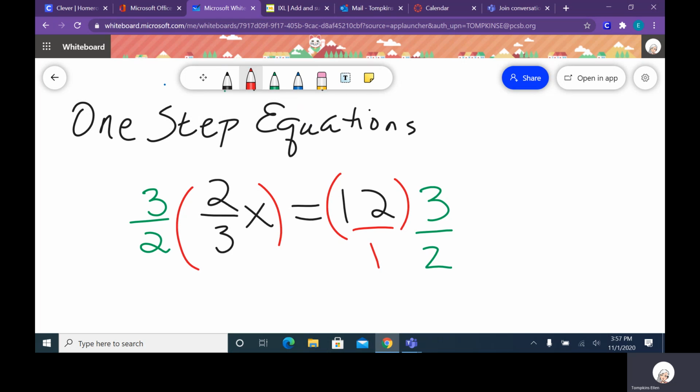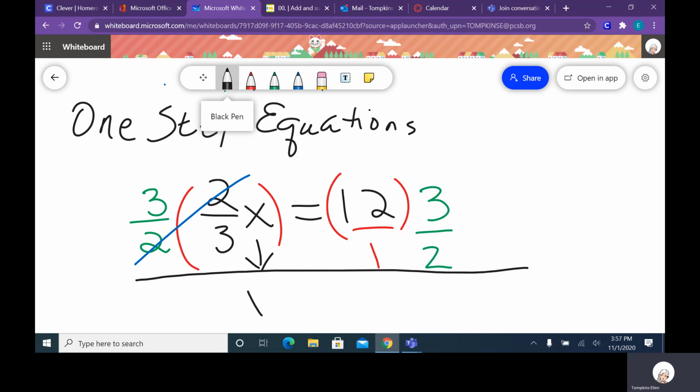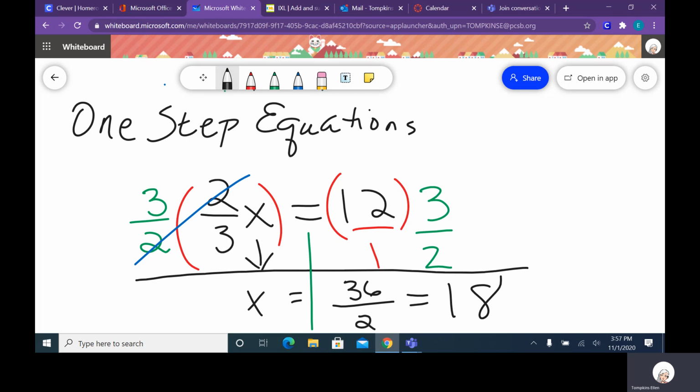I have no choice. And when I do that, 3 times 2 over 2 times 3, they're out. X drops down, he gets released. It's because the other garbage got pushed over the wall. Now we've got 12 times 3, that would be 36, divided by 2, and we can simplify that into 18. Okay, so